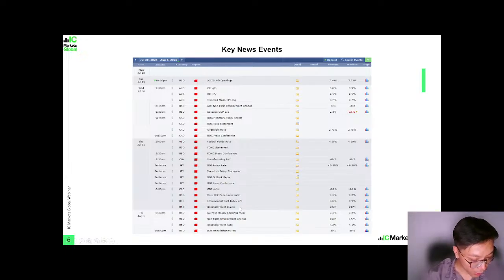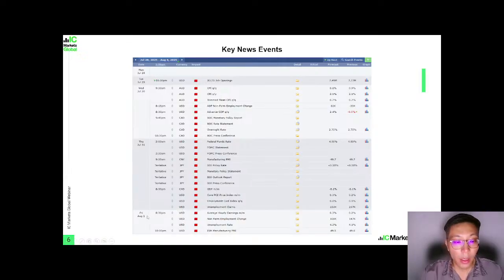Please remember that Thursday will be extremely volatile. So you might want to stay out of pairs like JPY and USD pairs. However, if you are willing to take the risk, then maybe you want to trade these pairs, because it will give you a lot of volatility in the markets.